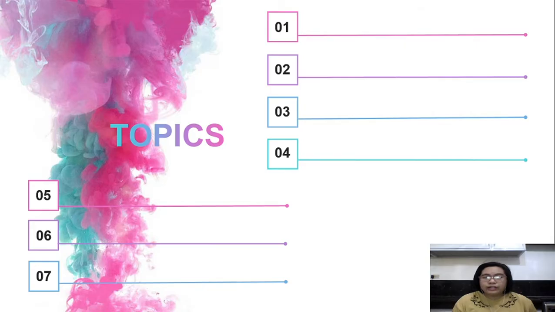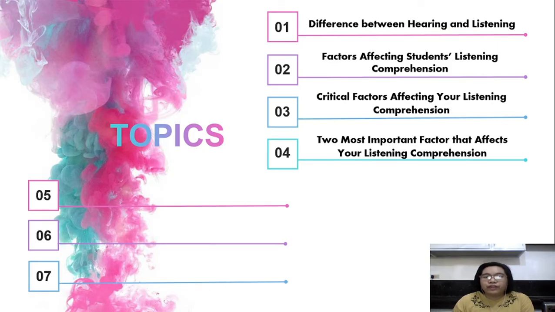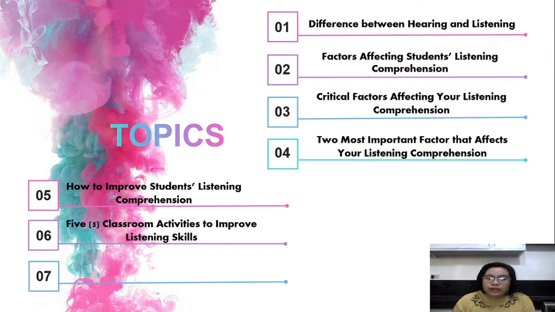So for our discussion today under this lesson, we will divide our discussion into two sessions. For our session for today, we will be tackling the difference between hearing and listening and the factors that affect students' listening comprehension. For our last session, we will be discussing how to improve our students' listening comprehension, what the classroom activities are that can help the students to improve their listening skills, and lastly, how to enhance your listening